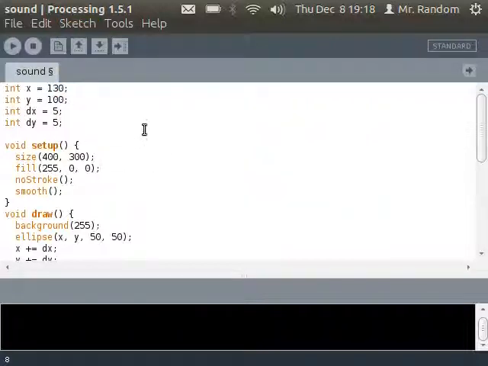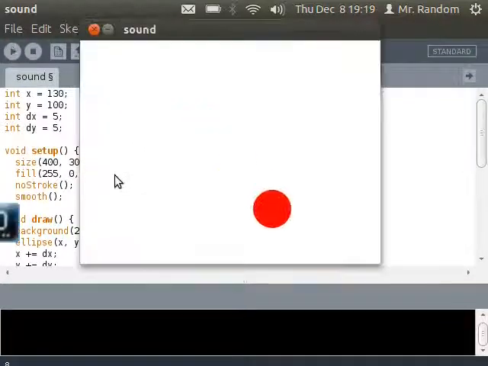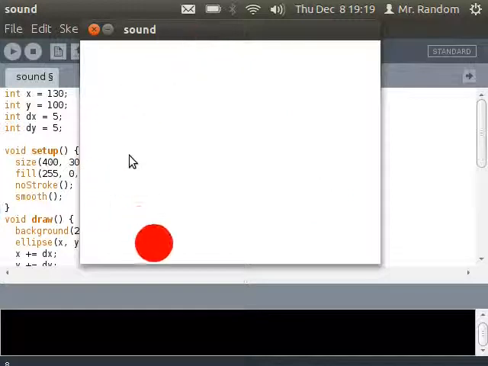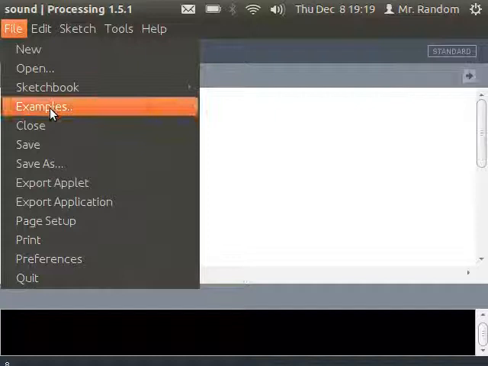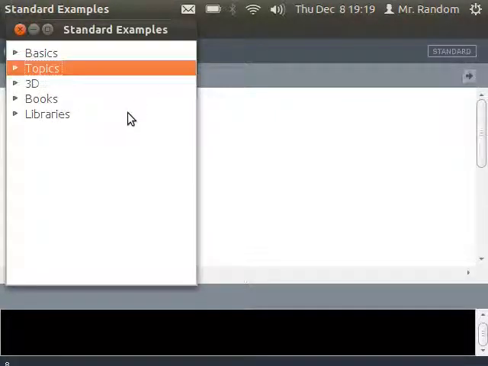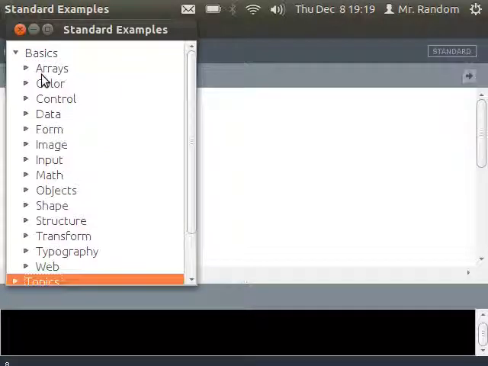To find out how we can add sound to this little program I have here, a program where we have this circle bouncing around the screen, we're going to use something in the File menu called Examples. This is a huge resource. This is very useful. You have probably more than 100 programs you can just run, and you can explore